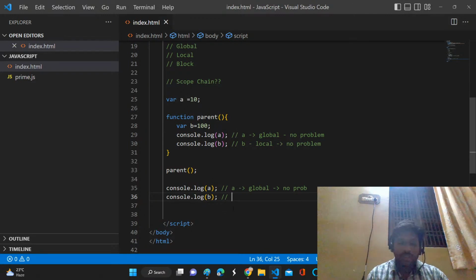So this b right now, this is in the local scope, right? Local scope of a parent function. So you can't find it because you don't have access. Even though it is available, you can't access it. But you know, once you come out of this parent, once you invoke the function,